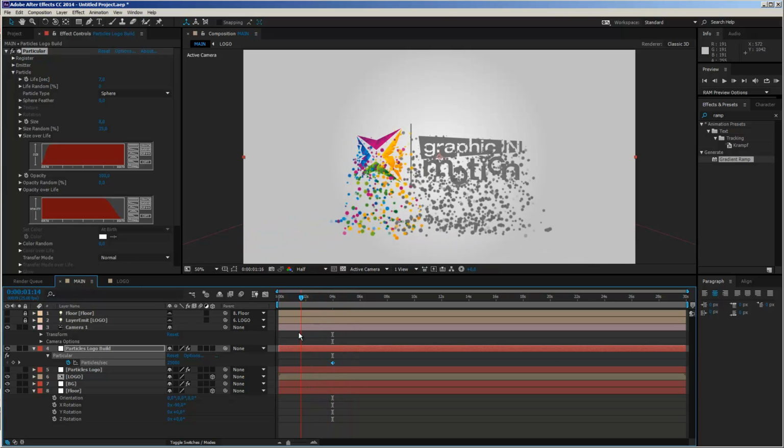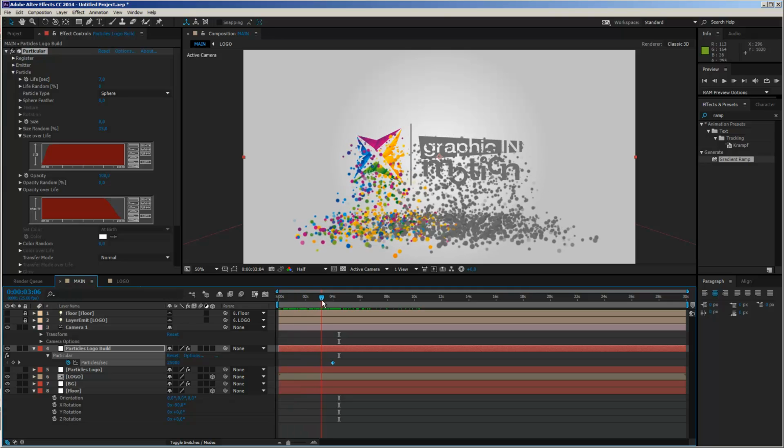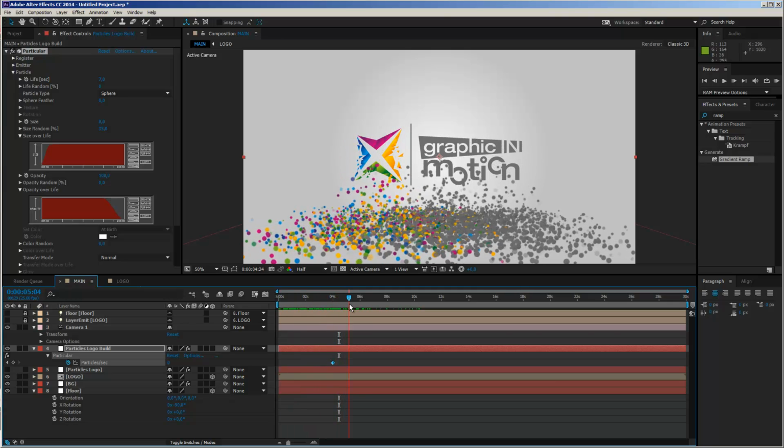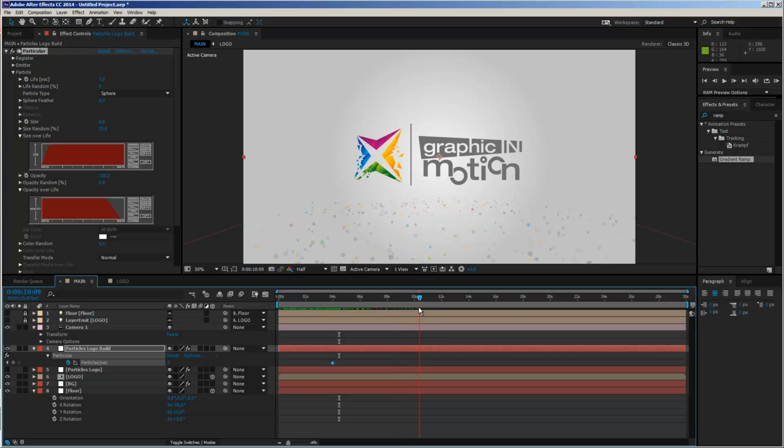And what I want to do now is to just invert this animation. So how can I do that? So let's take a look. Actually, our animation stops at around 10 seconds. So let's say 11 seconds, all the particles are gone. And this is the point where I will reverse my animation.